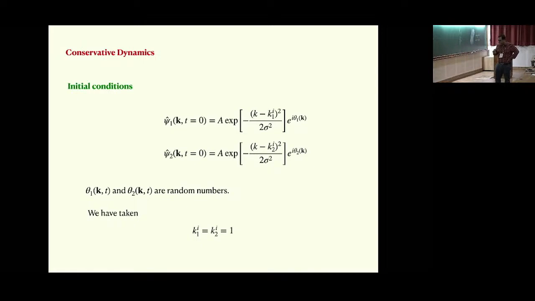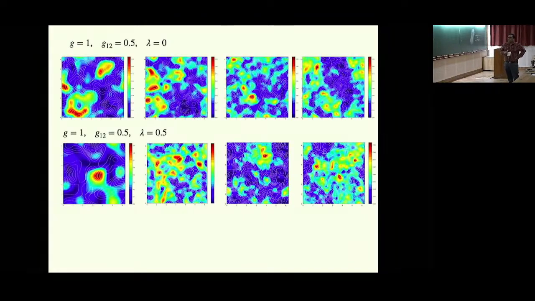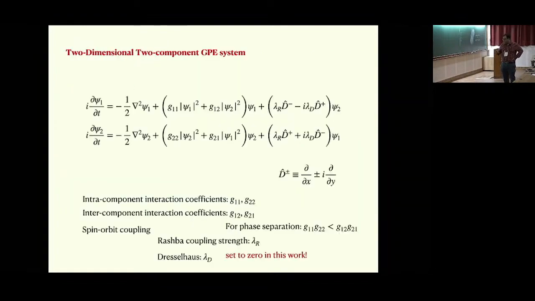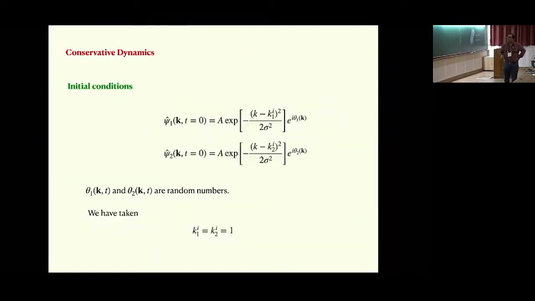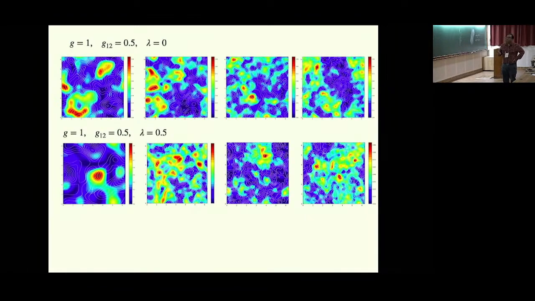I initialize my wave function in Fourier space at some small initial wave number, like a Gaussian there with random phases, and I let the system evolve. I should see the coarsening dynamics, miscibility or immiscibility, depending upon this condition. So if I'm here, G equals 1, G12 equals 0.5, and lambda 0, the two components are